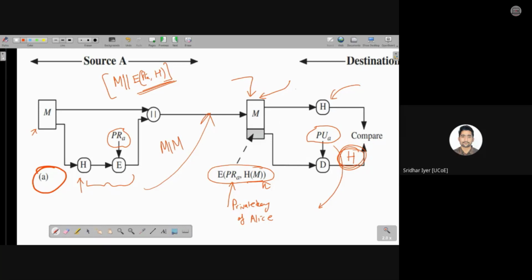So digital signatures, yes Jyoti, are not actually for sending a message. They are just to verify whether the sender is actually the intended user or not. That is the difference between digital signature and message authentication code. If you want to protect the message, you need to follow message authentication code. If you want to verify the user, you need to follow this particular method, which is what we call digital signature.